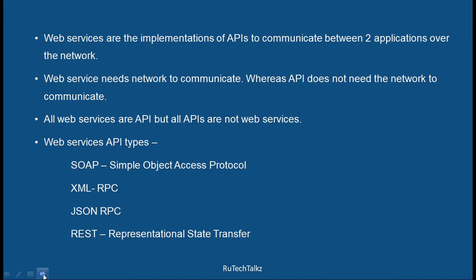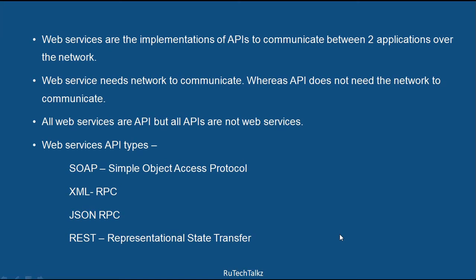Because the web-based application APIs are the web services, but the other APIs, we use APIs for computer operating system communication. We use the APIs to communicate between databases. We use the API for computer hardware communication. So these APIs are not the web services. The APIs that are used for web-based application communication are called web services.